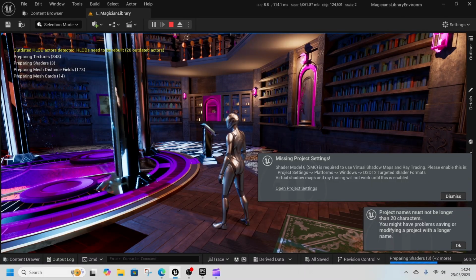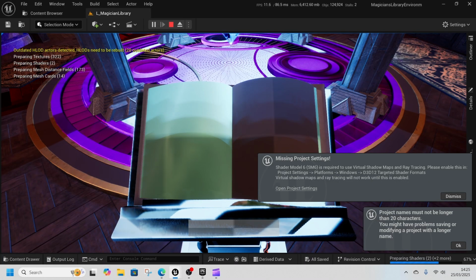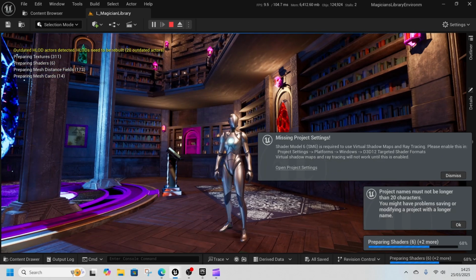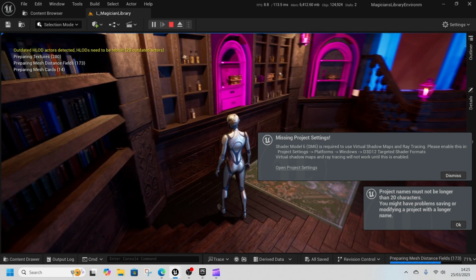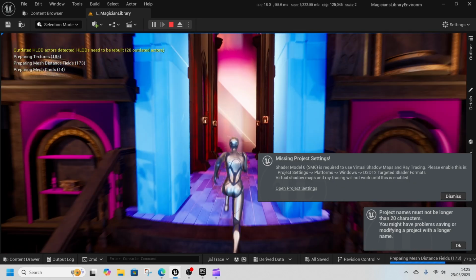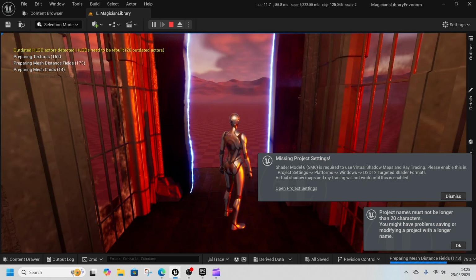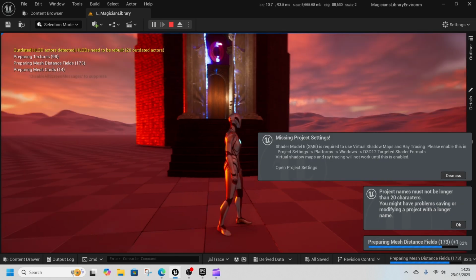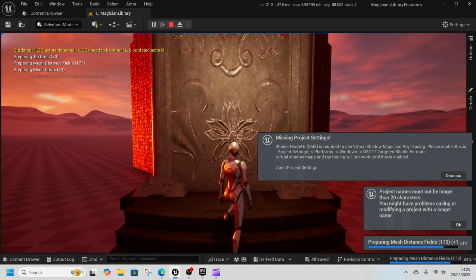This Magician asset is about 8 gigabytes size-wise, and it's taken its actual sweet time to build. There's some missing project settings. We'll have a look at fixing those in a sec. But there's some cool stuff in here. So we've got our doors that are cool, those meshes that are cool. As you can see, the frame rate is dropping